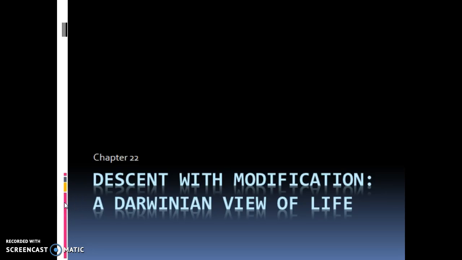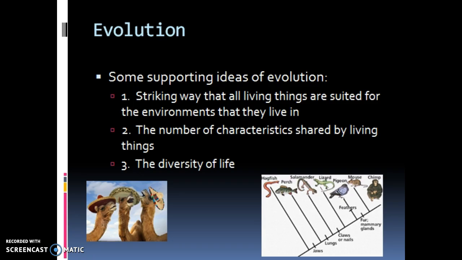Our next unit will be over evolution, which will include chapters 22, 23, 24, and 25. We're going to start by looking at chapter 22, which is talking about descent with modification, which is what Charles Darwin was a big fan of, at least in terms of his beliefs after he had sailed around on the ocean for a bit. So we're going to be talking about descent with modification, and we're going to start with some basic things